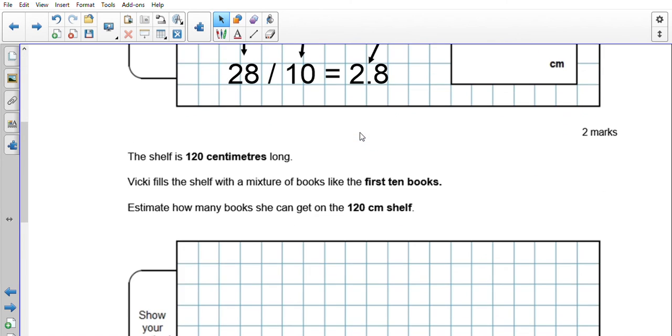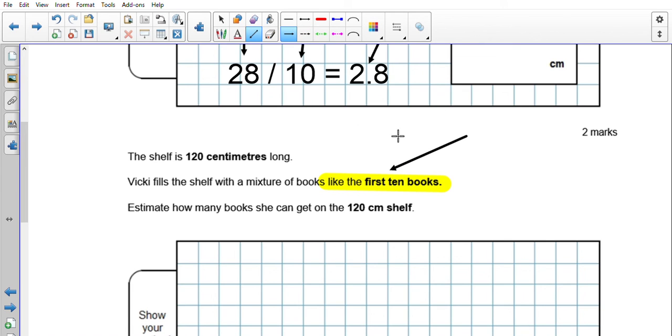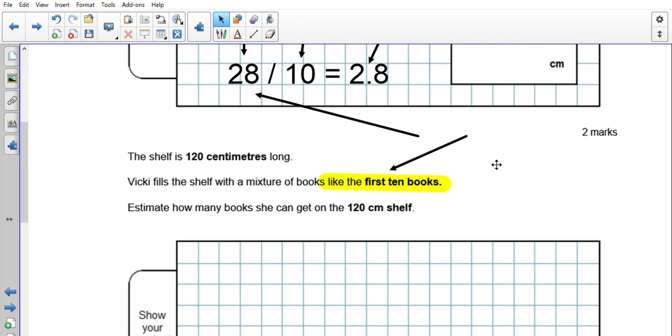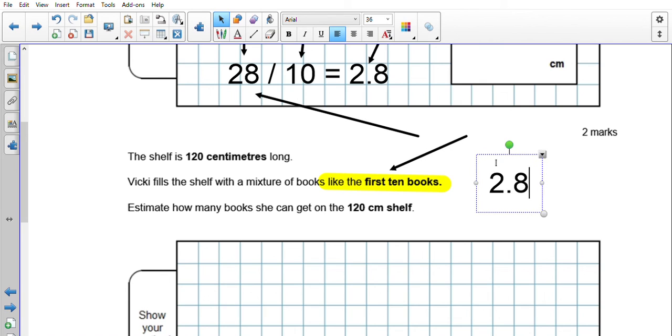Lovely. The shelf is 120 centimetres long, and Vicky fills the shelf with a mixture of books like the first 10 books. Now, because it says she fills the shelf with a mixture of books like the first 10 books, what this question is telling you is that actually that 10 books take up 28 centimetres. Okay, which means that the books on average are 2.8 centimetres wide each. Now, there's a couple of different ways that you can solve this question,